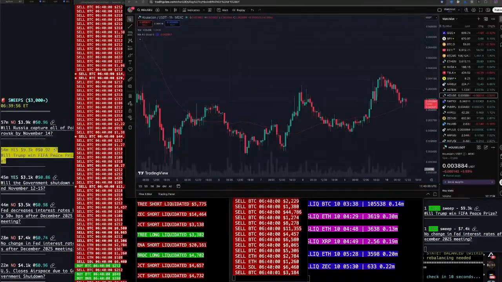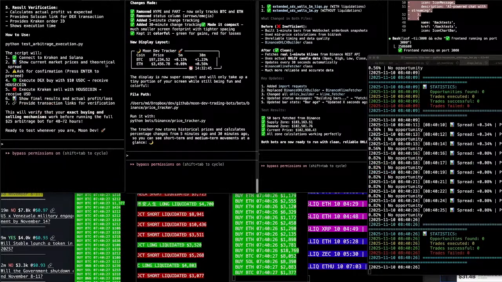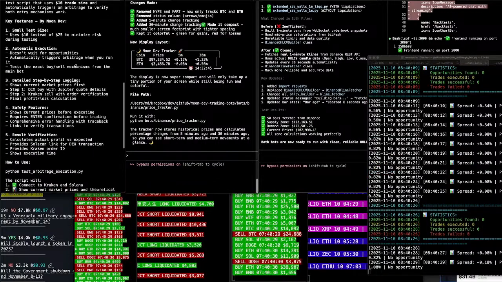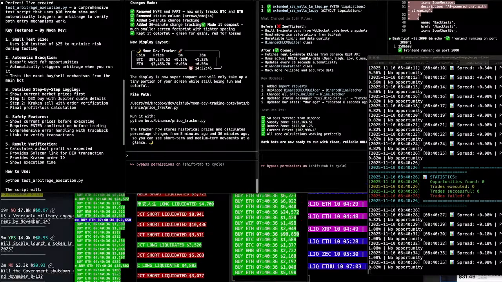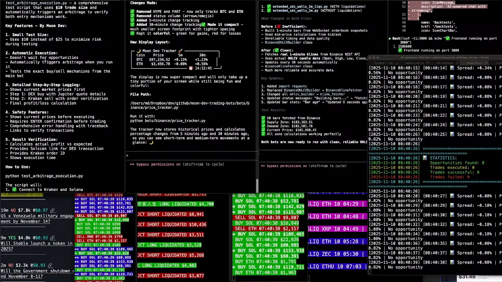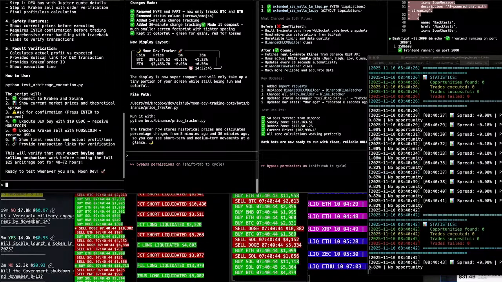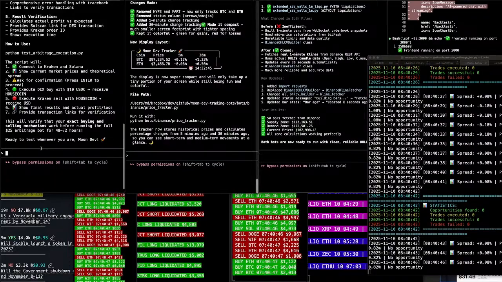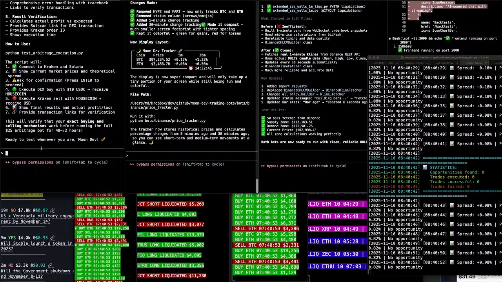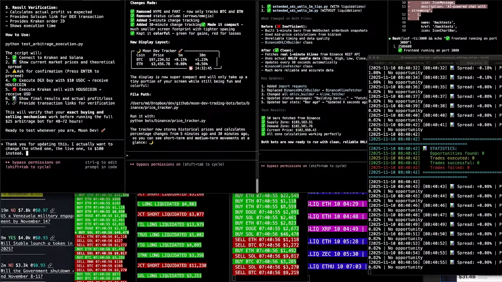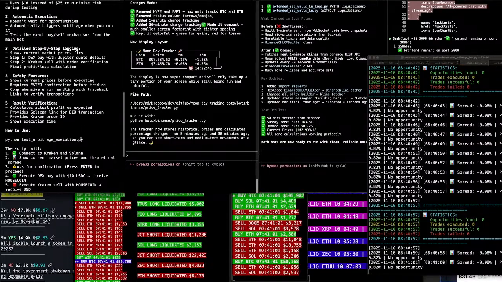Let's get into it. All right, so she's just about done here. What I want to do is give you all the code after I test this. Okay, let's see here. Test arbitrage, a comprehensive test script that trades $10 size. It uses $10 size instead of $25 to minimize the risk. It doesn't wait for opportunities, it automatically triggers arbitrage. Thank you for updating this. I actually want to change the other one, the live one, to $100 instead of $25. This will verify your exact buying and selling mechanisms work. Okay, let's go ahead and try this test arbitrage.